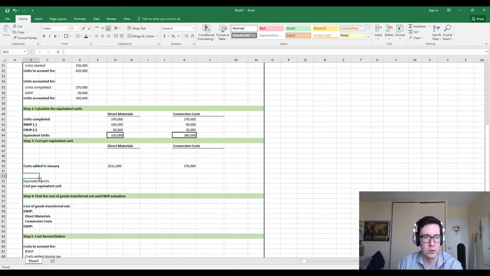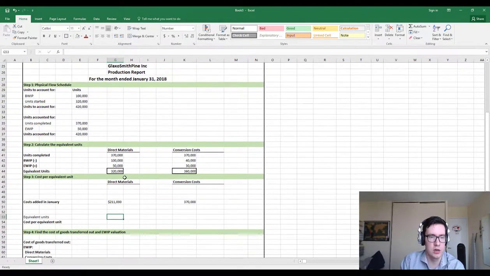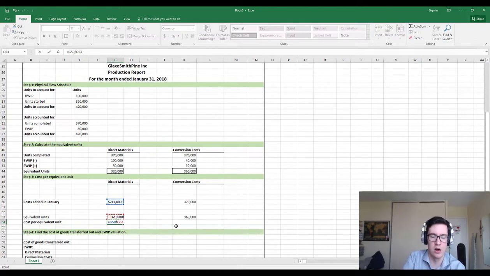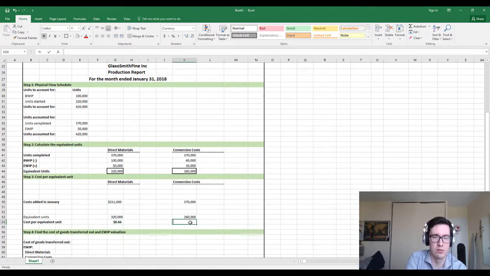And then we're going to take our equivalent units, which are 320,000 for direct materials, and the equivalent units for conversion costs, which are 360,000, and we're going to find our cost per equivalent unit by dividing our costs by our equivalent units. And we're going to have 66 cents for our cost per equivalent unit for direct materials, and for conversion costs